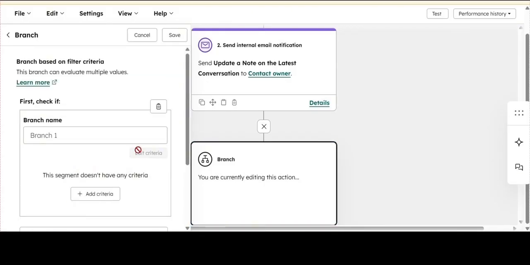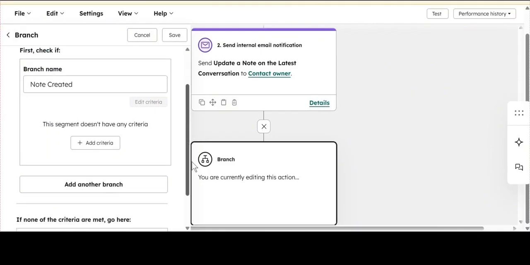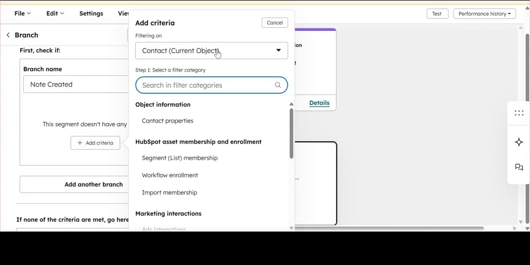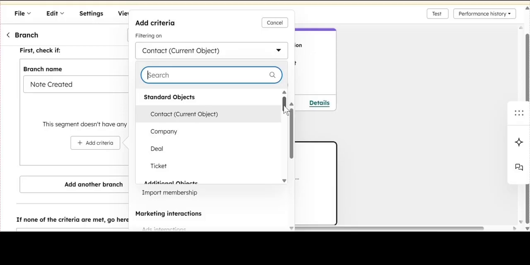So here I'm going to be selecting the branch, which serves as a decision element to check if a note has been created. And when a note has been created, what does it do? The workflow ends there. But in the case where the note has not been created, it goes ahead. The workflow will keep running until you get to the very end or the last action we want to implement in this workflow. Now I'm going to give this branch the name note created, and from the object I'm going to